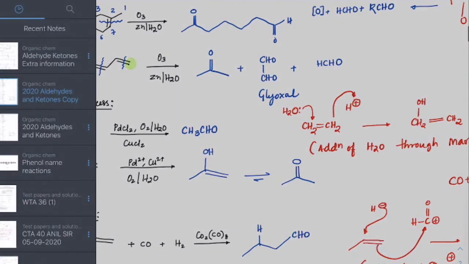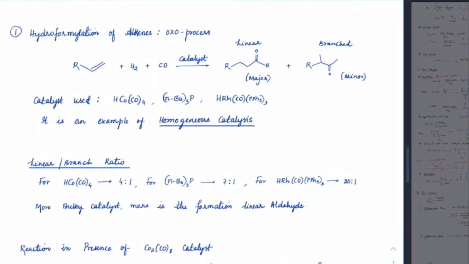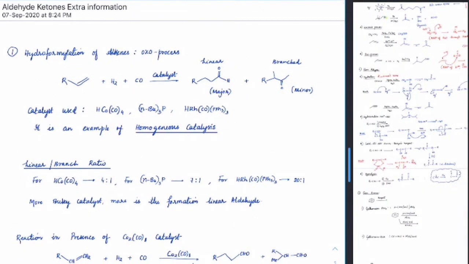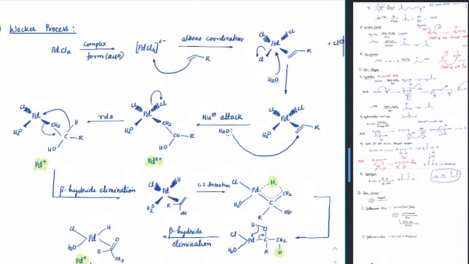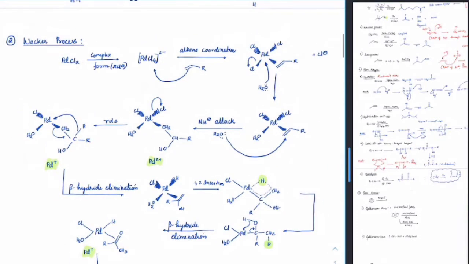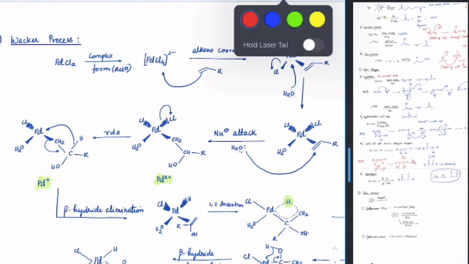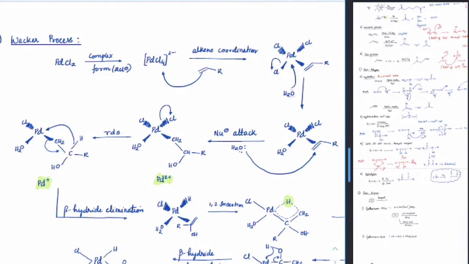Now, I will just show you, this is an extra sheet which I made of only mechanisms, got it? So wherever the standard level of mechanism is needed, I will put it, but this is not for your course, just for our sake of understanding, got it? For instance, what happens in Wacker's process, we'll just go through briefly. I'll share this complete mechanism sheet with you, so that whenever you want to refer back to what exactly is happening, you can check it out. See, in Wacker's process, what do we see here?